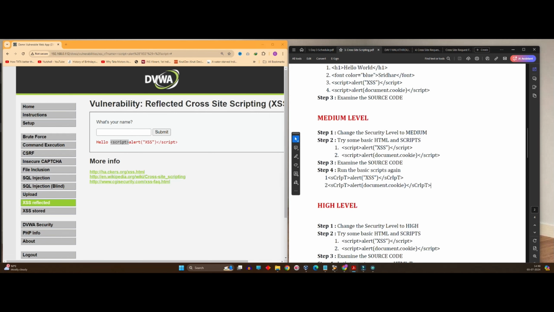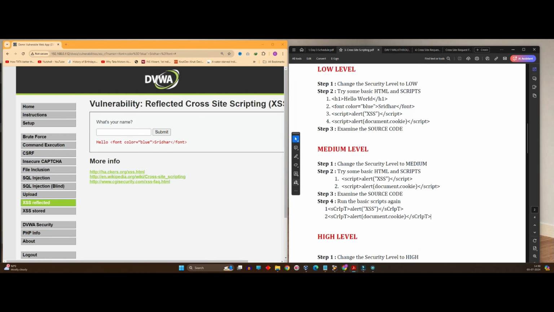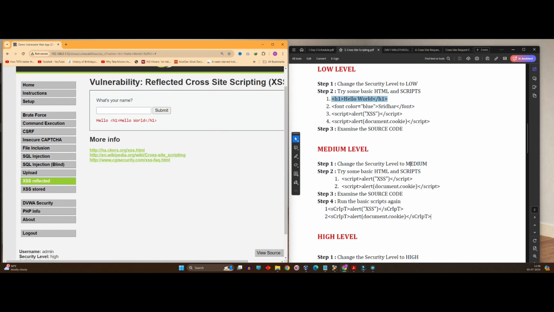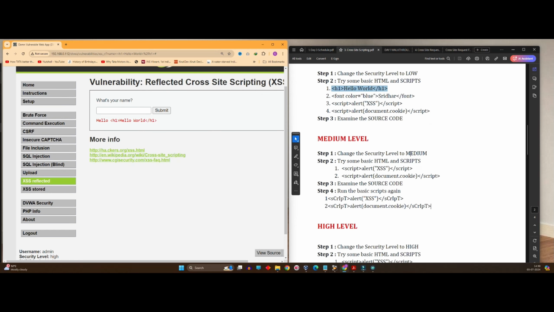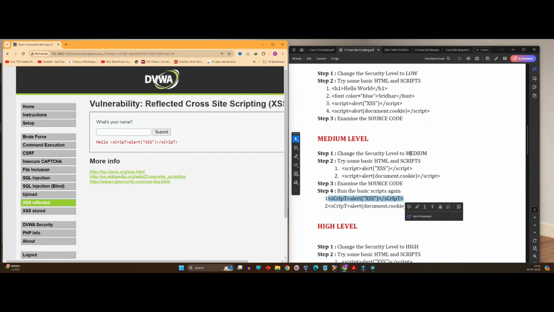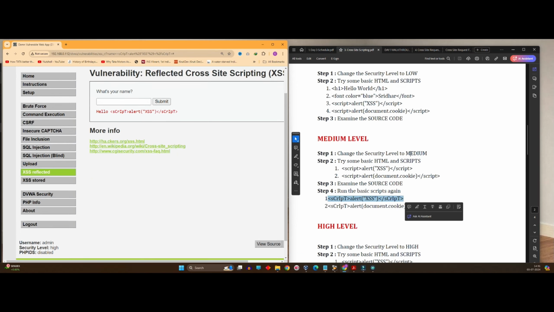So if I write something like this, let's see how it reacts. Again, this is also not working. In the previous case, at least this was working. The font used to be displayed in blue color. Okay, let's go ahead. Let's see the simplest one. Obviously it is also not working. So it is converting every HTML statement into text. So this is going to make my life very difficult, because now I won't be able to fire this. Let's try this camel casing thing. Okay, let's copy it correctly. See, it's not working. So what to do next? Let's see the code